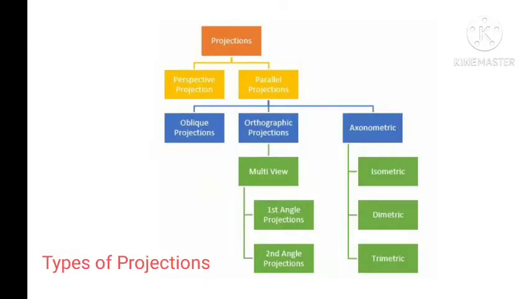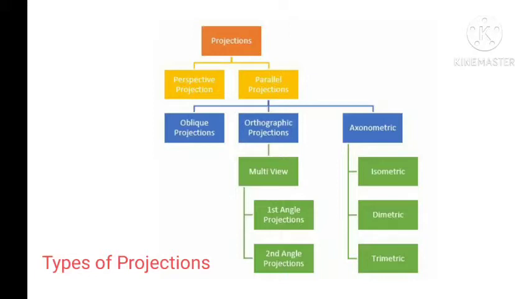Okay, here orthographic means, so you try to split that into two words, ortho plus graphic. I know graphic means it's nothing but graphical, which gives a meaning of drawing, whereas the meaning of ortho is 90 degrees. So the projectors are 90 degrees to the plane of projection. If you get a view when the projectors are 90 degrees to the plane of projection, then that particular projection is called orthographic projection. The axonometric view will give three-dimensional drawings.